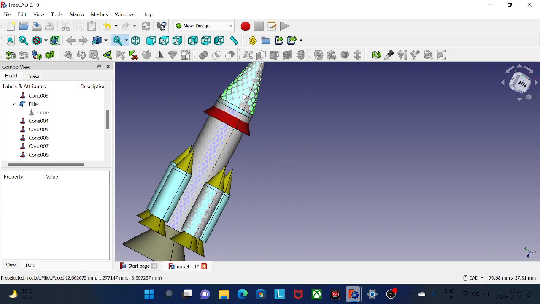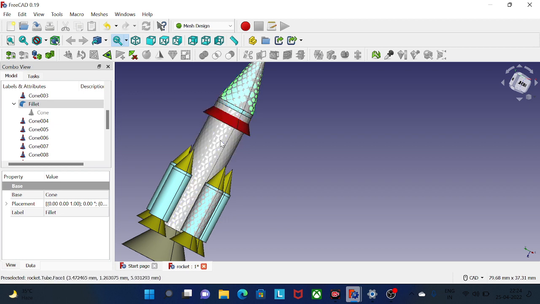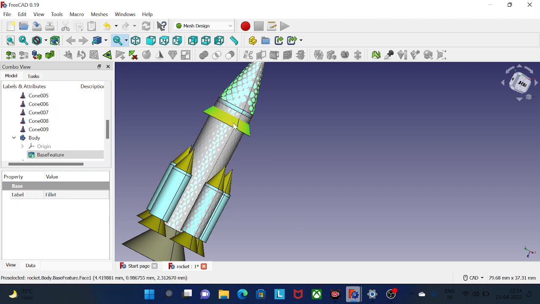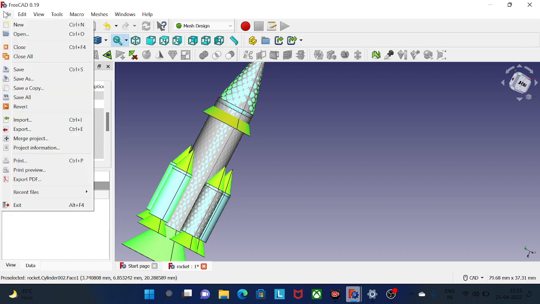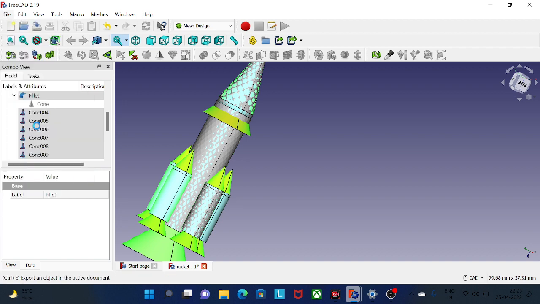After selecting all parts, the figure looks like this. Now go to the File section and click the Export button.